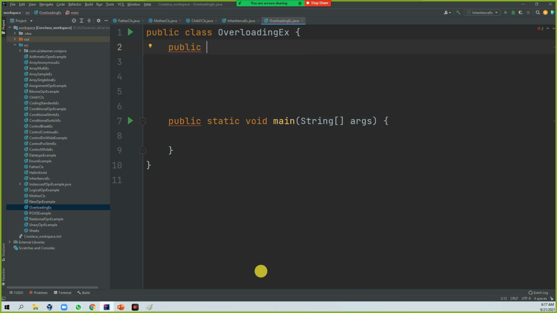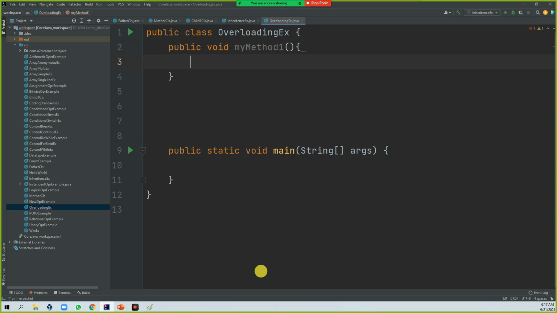public void my method 1, my method with 0 arg. Okay, 0 arguments. The next thing is,